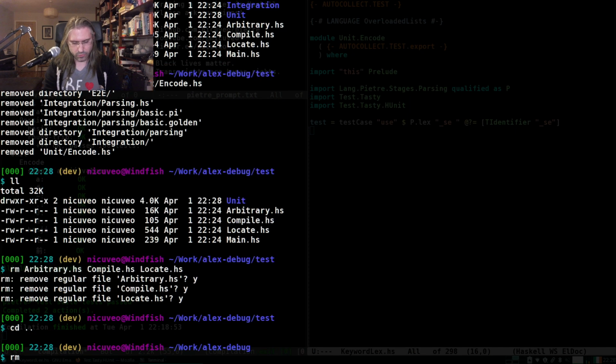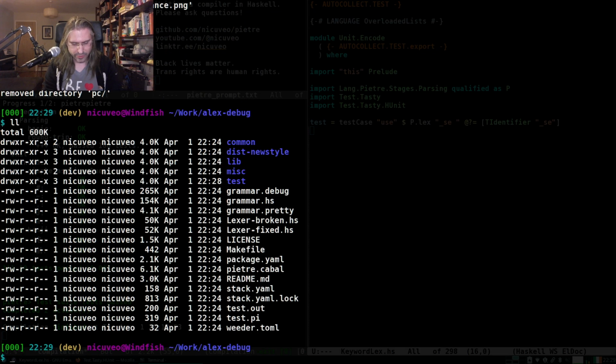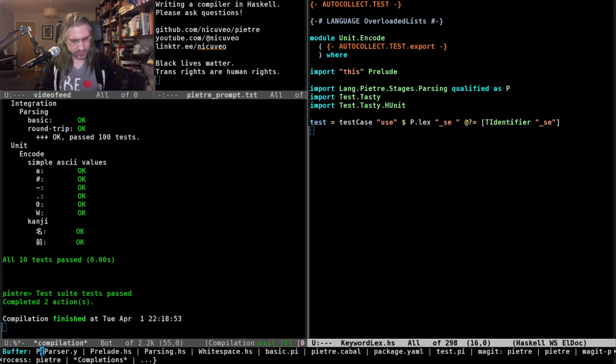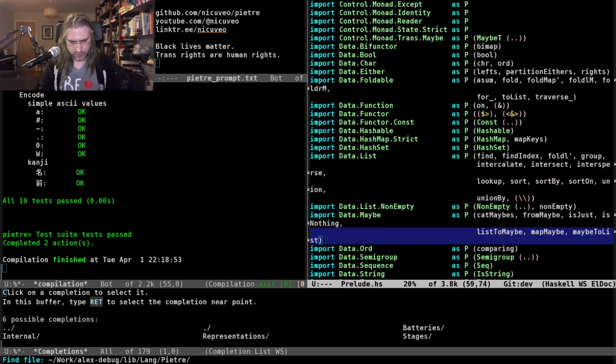Here I don't need this project at all. I don't need this, I don't need this. I am in the right folder, I'm not deleting my uncommitted code. I probably don't need... if I go to Alex debug, liblang everything,